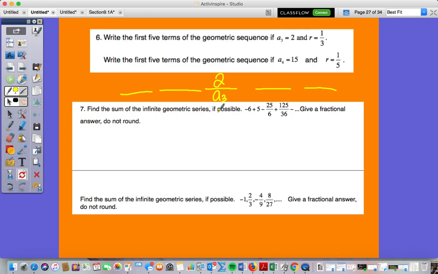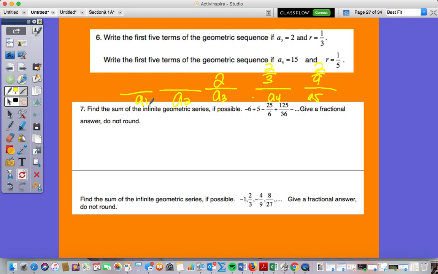What's 2 times 1/3? 2 over 3. That's literally all you need. If I did it again to get to the fifth term, what would I do? 2 over 9. Just multiply by 1 over 3. Now, here's where it becomes tricky. We got to go backwards, right? But if we multiply by 1/3 going to the right,